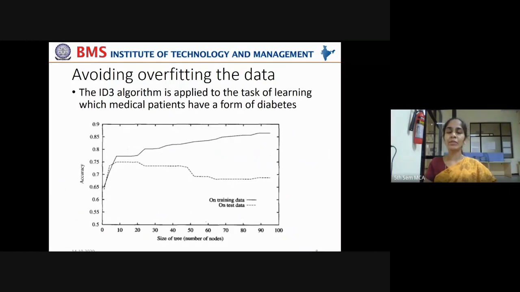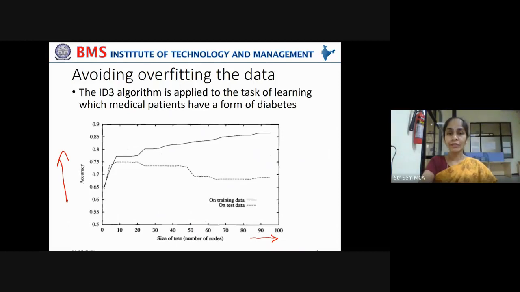Now see this, it is figuratively represented. The ID3 algorithm is applied, say, to the task of learning which medical patients have a form of diabetes. Okay, so it is trying to make some prediction about diabetes patients. In this case, listen carefully. The x-axis represents the number of nodes in the tree, and the y-axis represents the accuracy.